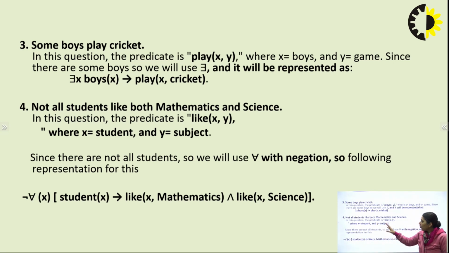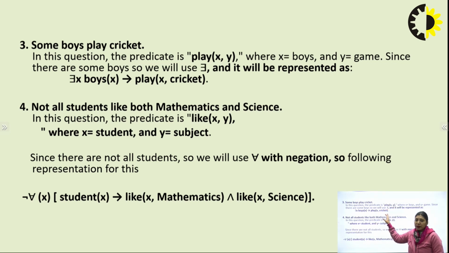That means not all students like both mathematics and science. इसमें भी आपकी दो चीजें आ जाती हैं, एक है आपका स्टूडेंट और एक है आपका द सब्जेक्ट, दैट मींस योर मैथमेटिक्स एंड योर साइंस. So in terms of x and y we are declaring the domain of that object. जैसे हमने बात करी वो क्रिकेट था, तो हमने डोमेन की बात करी गेम की.